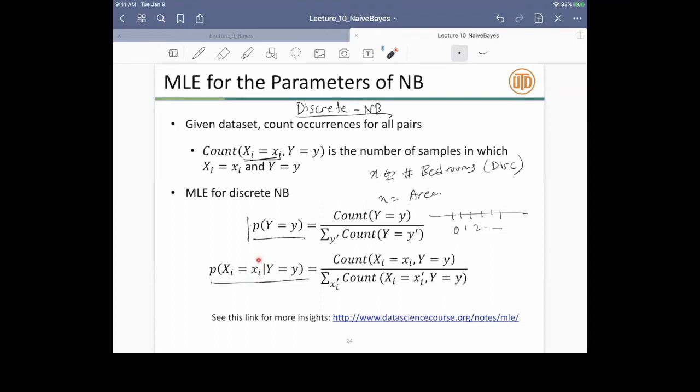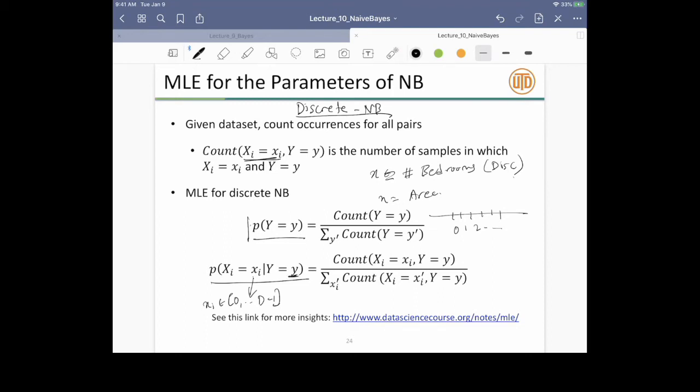I look at the instantiation xi. As I said last time, xi here is one of the values from 0 to D minus 1. For simplicity, assume that each feature takes capital D values. So this xi will be one of the values from 0 to capital D minus 1. Essentially what I do is I take a count of this xi in my data set, given that the class is small y.